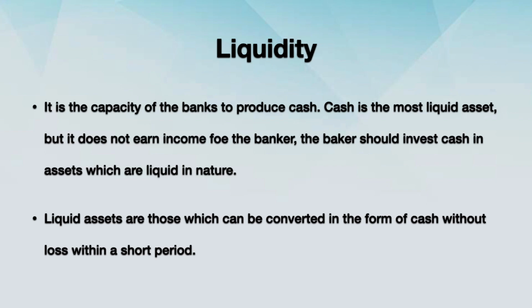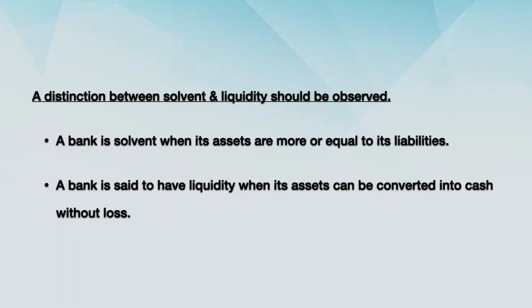Liquid assets, so that it is easily convertible, because the customer is, on the basis of an emergency, requesting to close down the FD. I need to be able to produce all the cash, that is principal plus the interest he has earned. Let's say within 6 months he is closing, or within 1 year he is closing, whatever little interest he earns, I need to be ready to pay back. A distinction between solvency and liquidity should be observed. A bank is solvent when its assets are more than or equal to its liabilities.